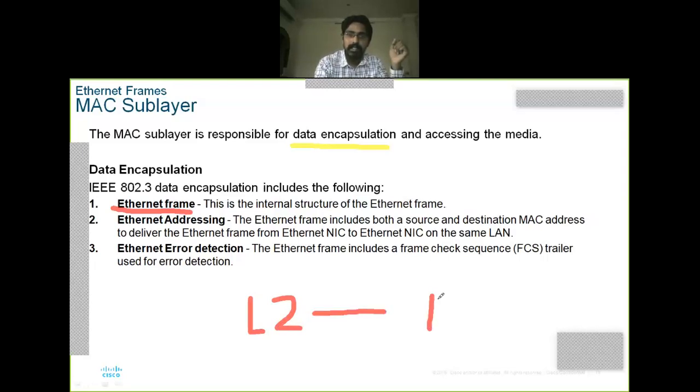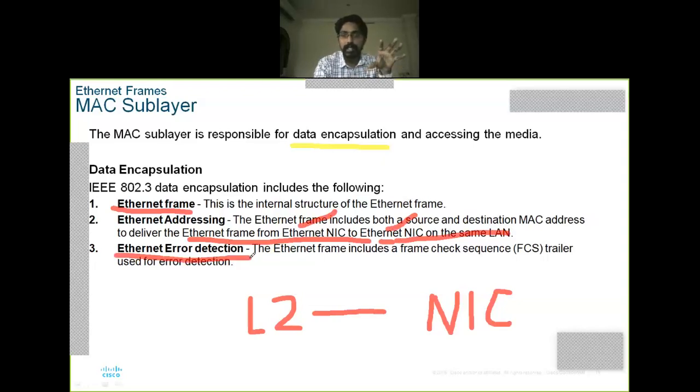The address depends on the NIC: the destination NIC and the source NIC. So Ethernet frames go from one Ethernet NIC to an Ethernet NIC on some other LAN, that means destination and source. And then we have Ethernet error detection, which uses a frame check sequence. So why the frame check sequence?